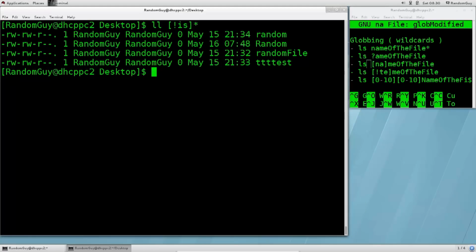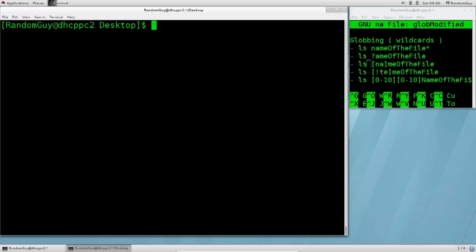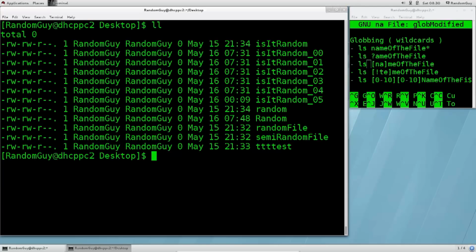There is just one more thing that I wish to mention here, and those are the ranges. For that purpose, I've actually created these files: is random 00, 01, 02, 03, 04, and 05. Let's go ahead and see how that works out. Type in ll, give it a wildcard, or we can type in is random, because we've used the wildcard before. I just want to show you that this does work without the full